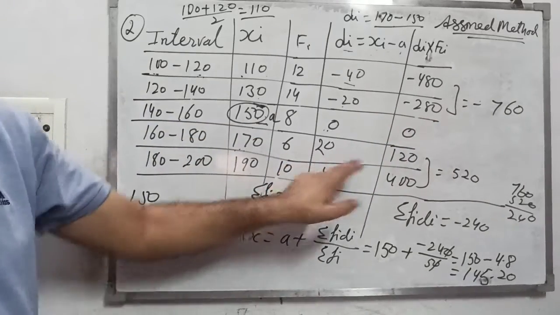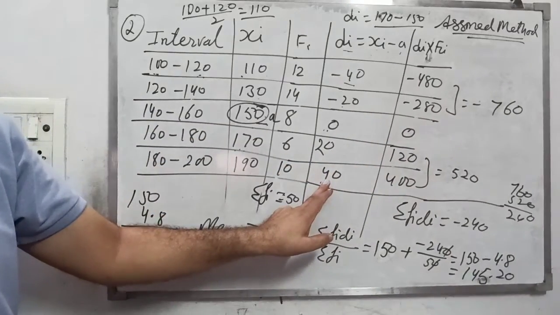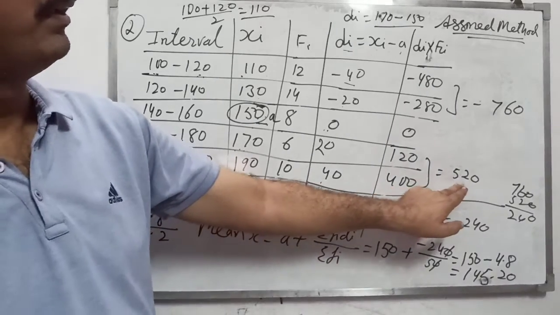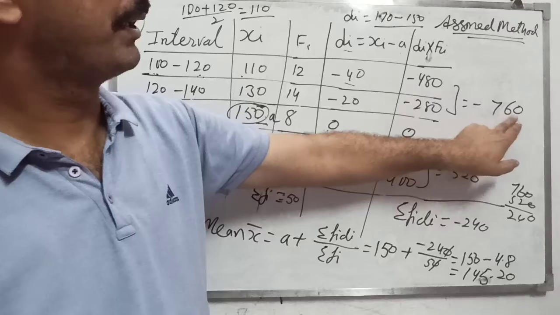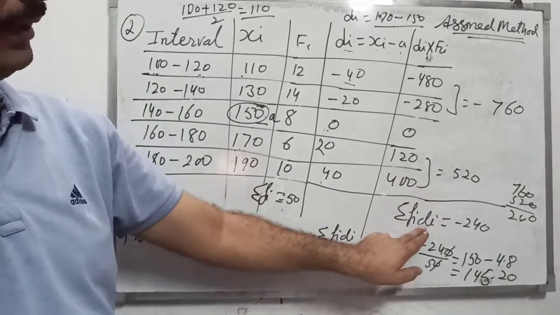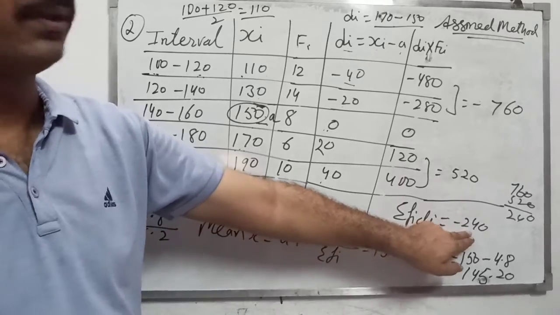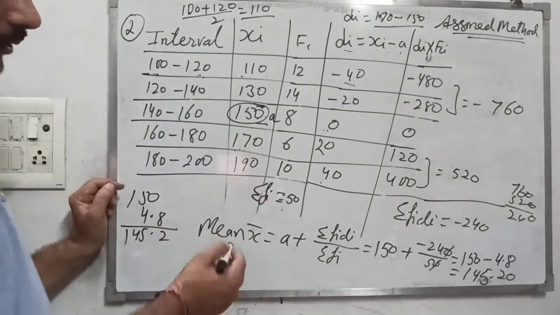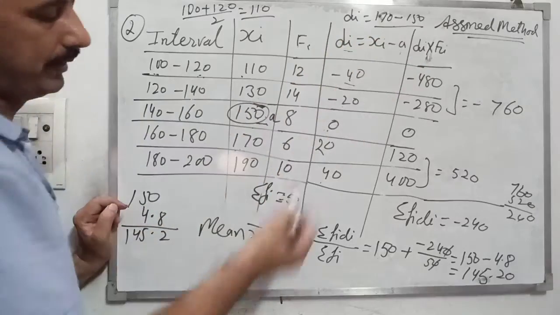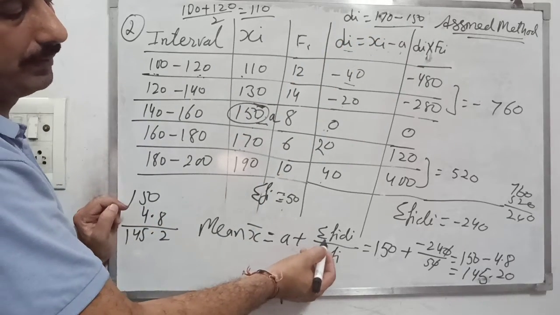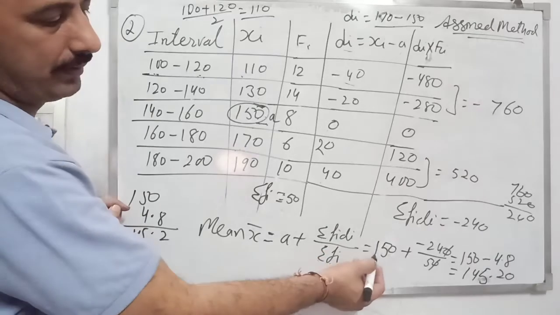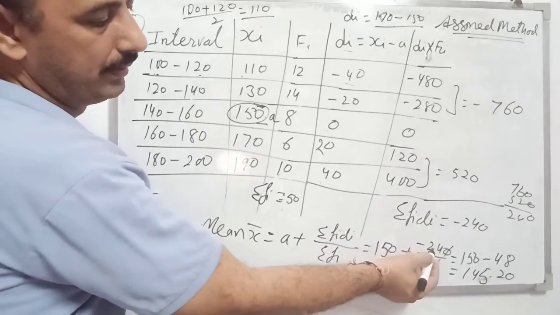6 multiplied with 20 you get 120, 40 multiplied with 10 you get 400. Now adding it you get 520, and that is minus 760. When we subtract it, the summation of fi into di becomes minus 240. Now the mean: the formula is changed because we are using the assumed mean method. So a plus summation of fi di divided by summation of fi, that is equal to 150 plus minus 240